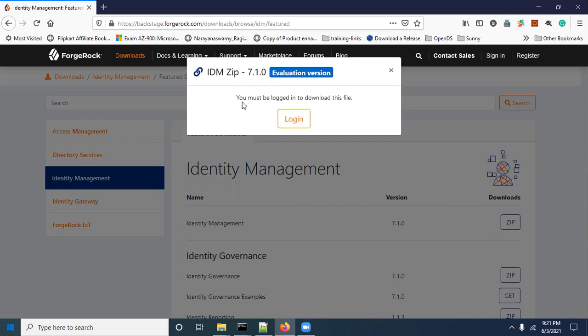If you need a corporate email ID, please reach out to me at narayana.tutorial.com, and I can provide one for you. Now click on login.